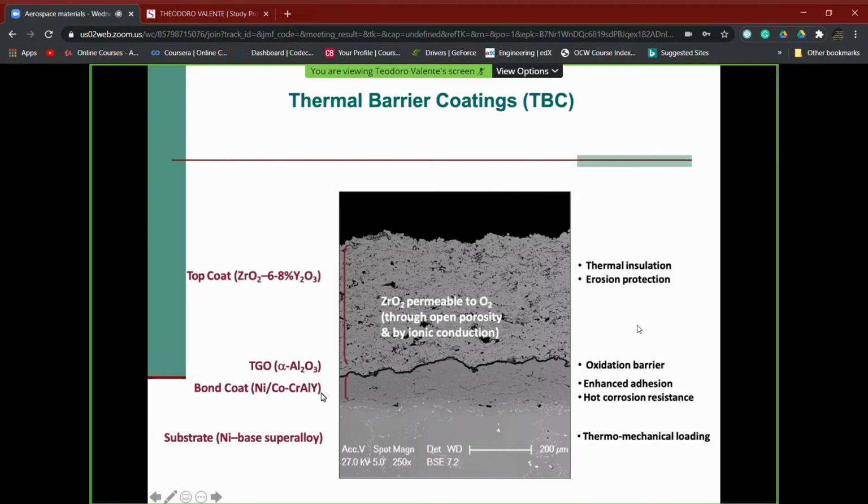If instead we had a cobalt-based superalloy as a substrate, we would have used a CoCrAlY composition for the bond coat. So the first element or the first two elements recall the composition of the superalloy. Then, if we look at the other elements, chromium, aluminum, and yttrium, and we put our attention, for example, on yttrium,